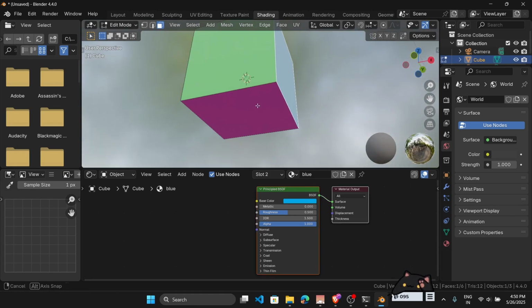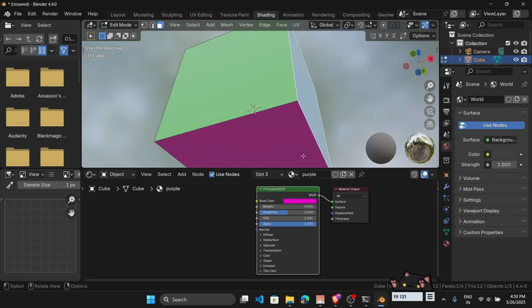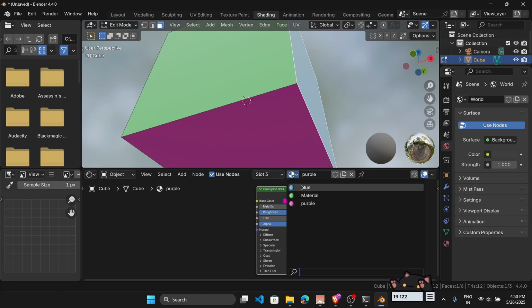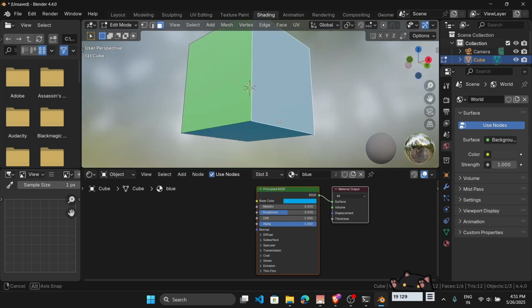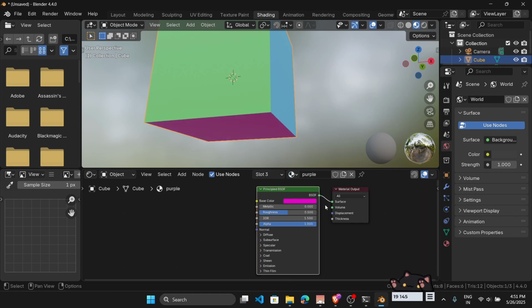Like this. You always have the option to use the same material for 2 slots. Here you can see in slot 3, I'm going to switch it to blue. Now they both have the same material. If a material is not used by any of the meshes, it will show a 0 before the material, which means this will be discarded when you close your Blender. Now that you can always create a fake user